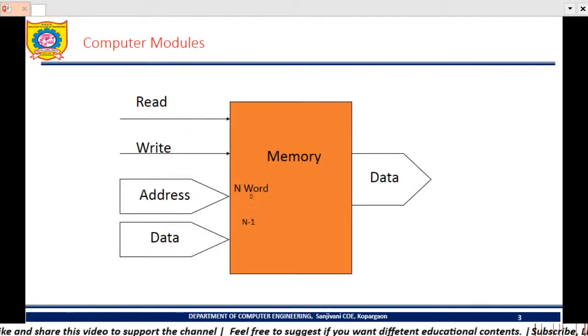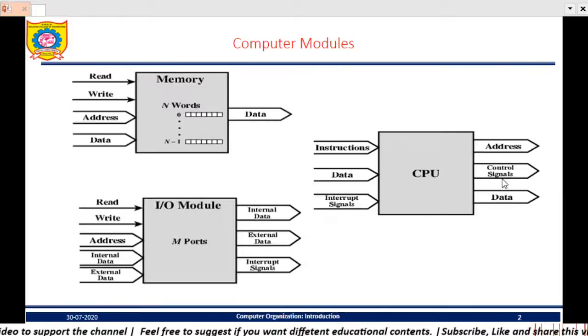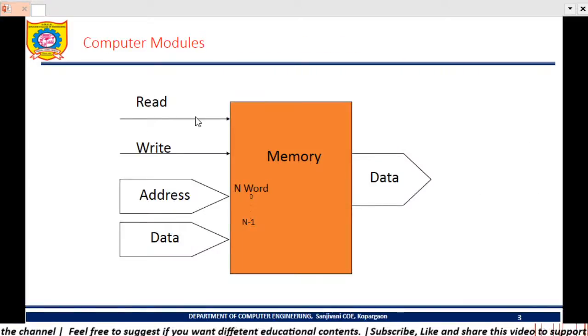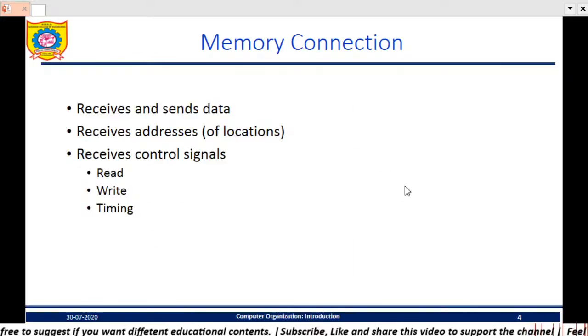So first one, the memory module. In the memory module there are different inputs, that is read signal and write signal. I am saying signals because these signals are generated by the CPU, that is, control signals. If the CPU says that yes, I want to read a memory location, the address will be sent along with the control signal. So this read or write will be done, and then whatever address is requested or whatever data is requested, or data is given back to the memory for storage. Are you getting me? And the output of memory is always data, okay.